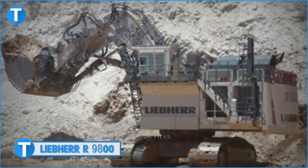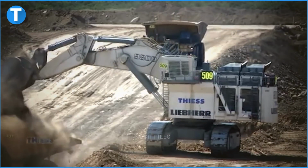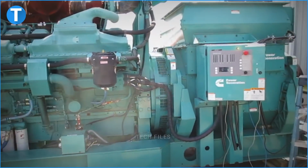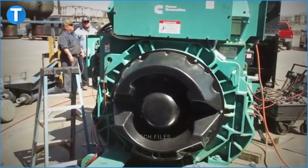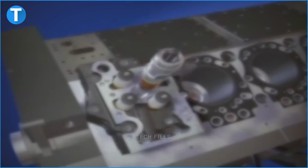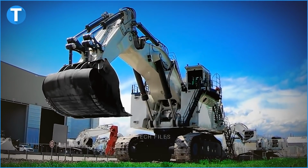Number 1. The Liebherr R9800. And the number 1 on the list is the Liebherr R9800. The fifth Liebherr product on our list is equipped with a Cummins QSK60 16-cylinder engine that has a rated power of 4,001.7 horsepower at 1800 RPM. The V engine has a bore of 6.3 inches, a stroke of 7.5 inches, and a displacement of